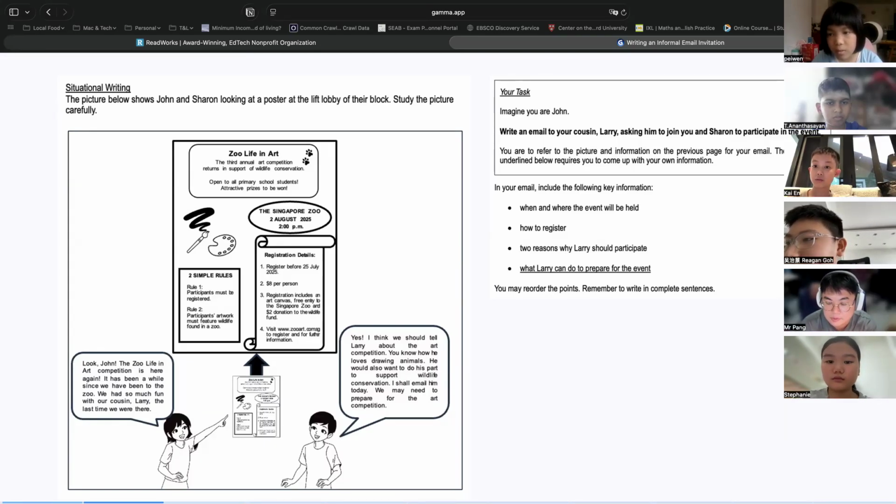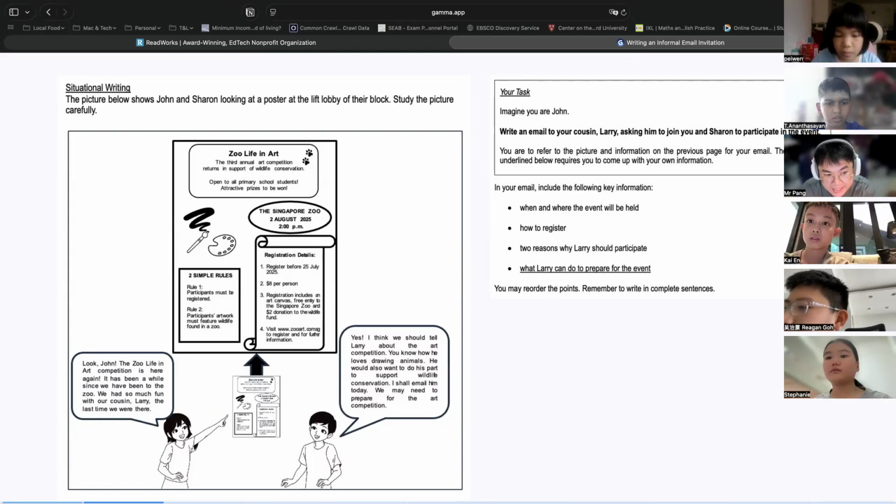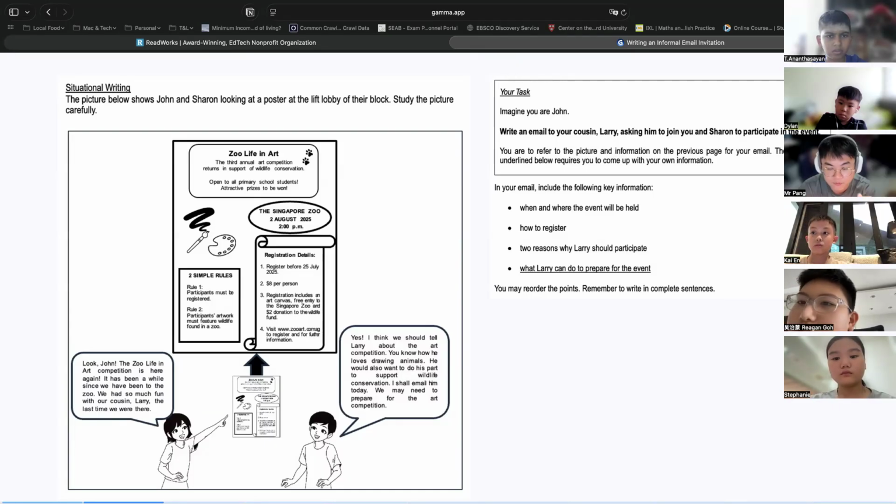Practice drawing. Practice, very good, right? Practice makes perfect, but I must be specific. Not just practice any drawing, right, Kai-en? What kind of drawing must I practice? Painting. Okay, I want to practice painting animals. Am I right? Yeah, because this competition is going to be about animals. It's not just going to be about random pictures. So I have to be very specific.